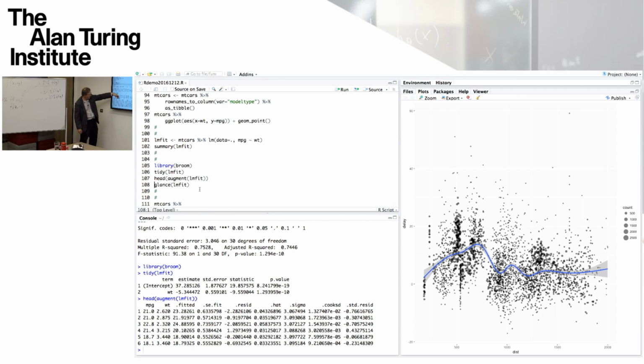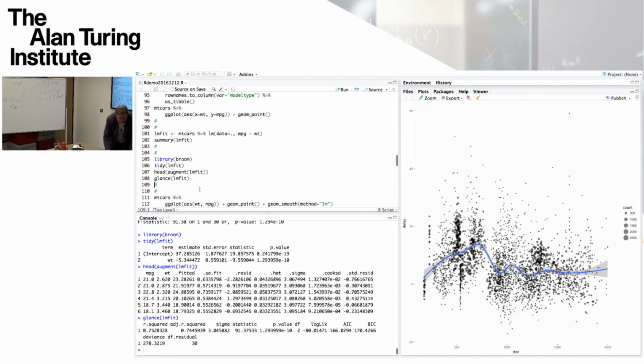And it gives you the fitted values under the model, the standard errors, the residuals, the influence hat parameter, so various other modelling parameters associated with that linear model. So it's a way of quickly attaching the fitted and the residuals to the primary variables in the model. That's a very convenient thing to be able to do, to then draw plots of residuals against fitted values and so forth. So augment is very useful in capturing that information into a data frame.